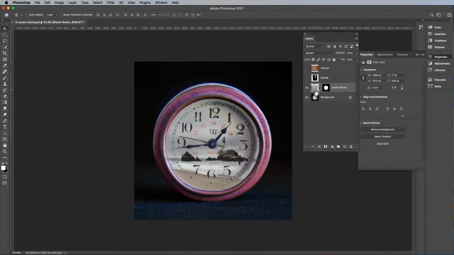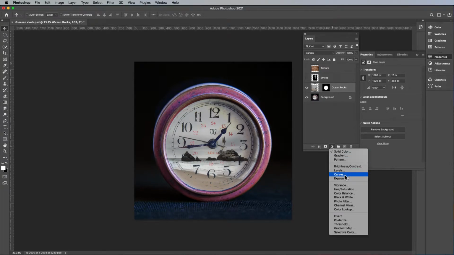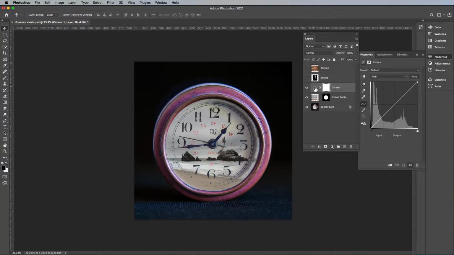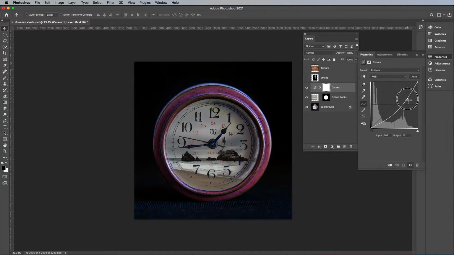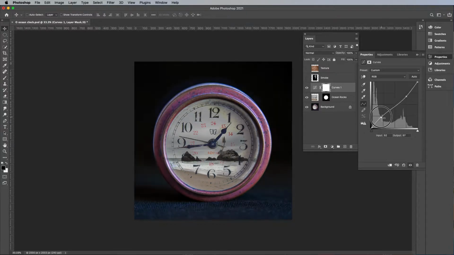Okay, good. That's good. Now let's add an adjustment curve to this. So select this layer. It's a little bright, in other words. So let's add a curves. So there's the curves, and we want to adjust it a little bit darker on the top,